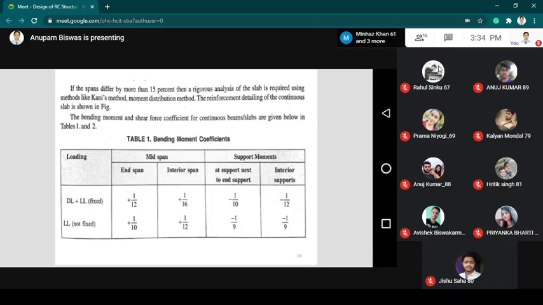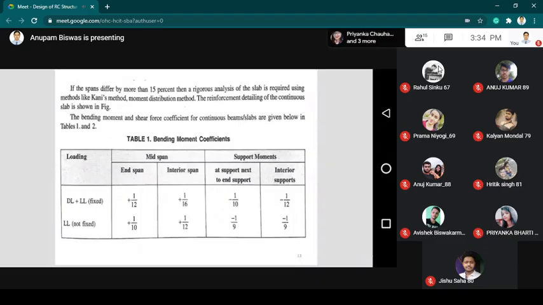As for the reinforcement detailing shown in the figure previously, as you have seen, this is the condition. The criteria for the bending moment and shear force coefficients for these continuous slabs are given as below, as you can see in the table. For mid span and support moment, dead load is considered, and